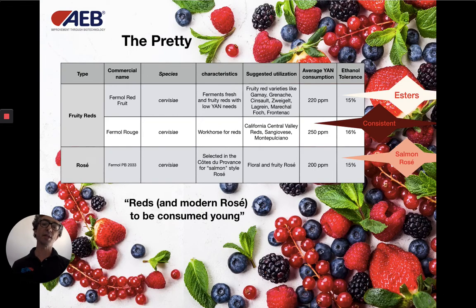Then, those are yeast that we can use for light reds or big rosé, like the Fermol Red Fruit, a yeast that came out from a study of hybridization where we were looking for high thiol production, but this is also a big esters production, so very much rich in aromatics. We can use it for modern rosés, so rosés that are a little more loaded in color and expect more fruit. Fermol Rouge, which is a yeast from our old collection, so sort of a workhorse of the old times where